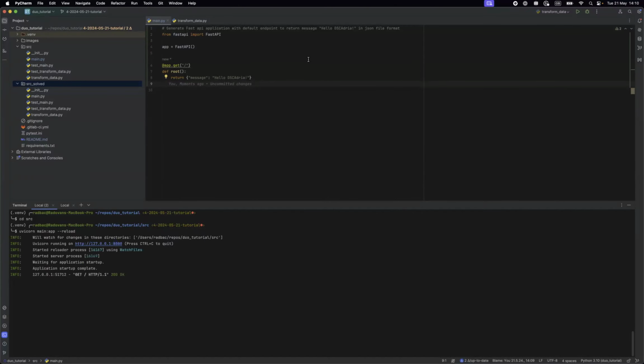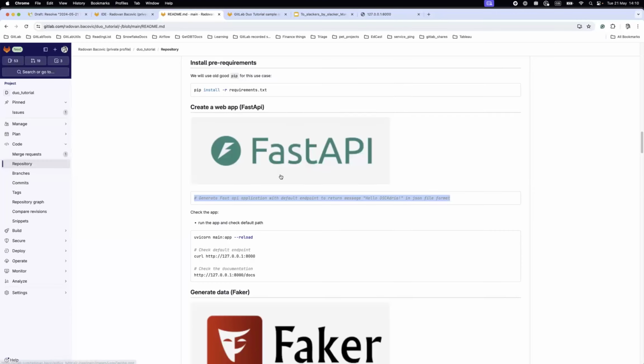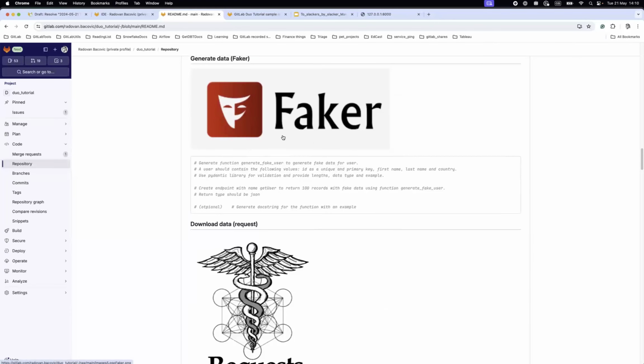So this code was generated for me. Of course, this is very naive stuff, and I can do many, many things with that. So I need to move forward and create a little bit more serious pipeline. What is Faker? If you use Python and want to test the data, you need a massive fake set of data. Faker is probably something you should consider. And in that case, Faker can generate